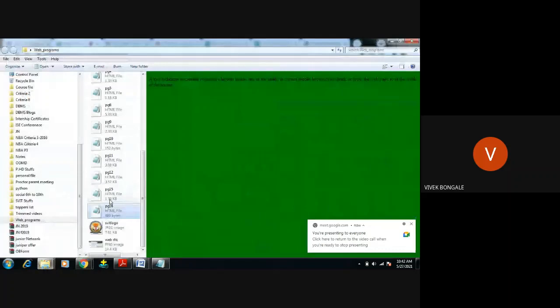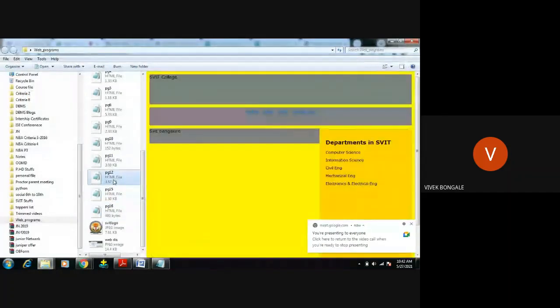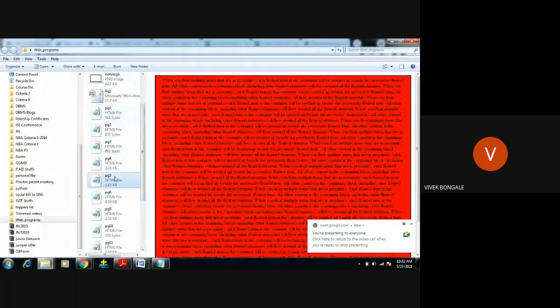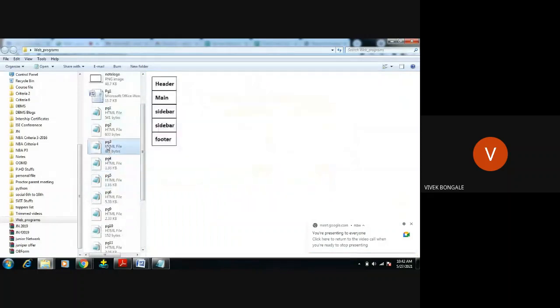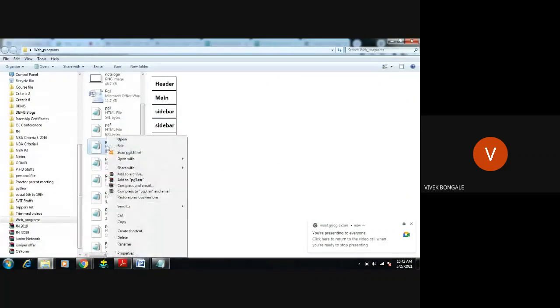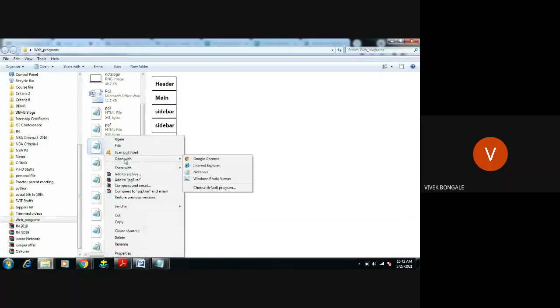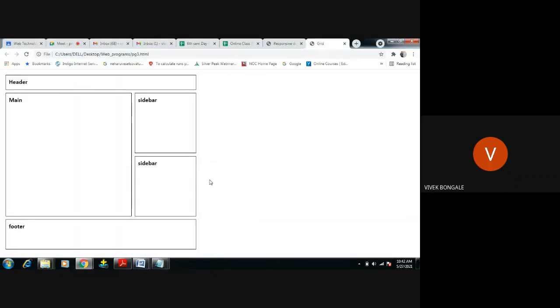That particular code, handwritten. Open with Notepad in the browser. See, okay, I have created this particular